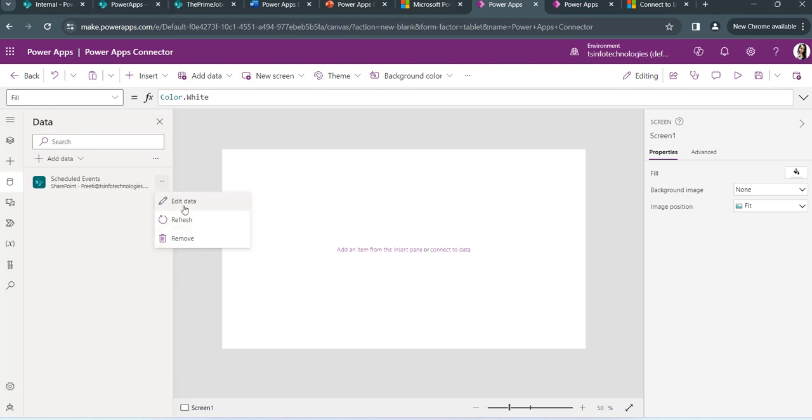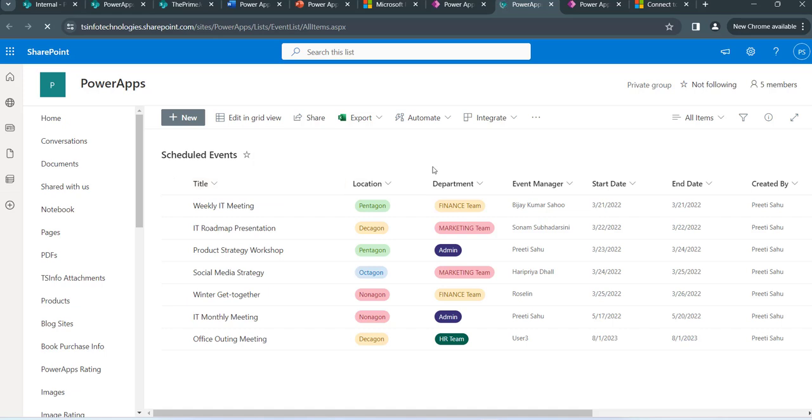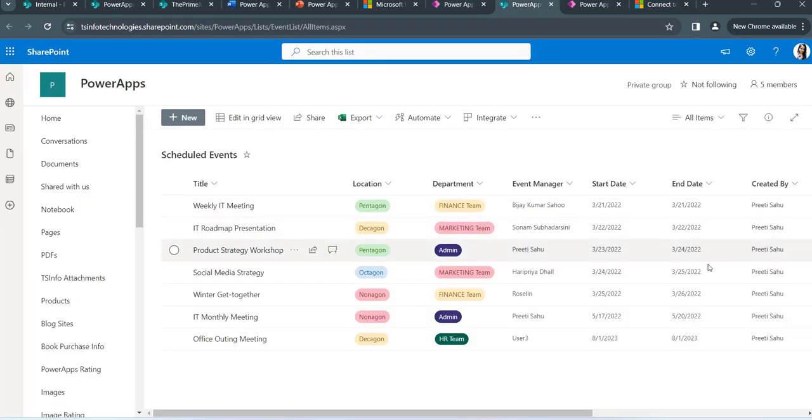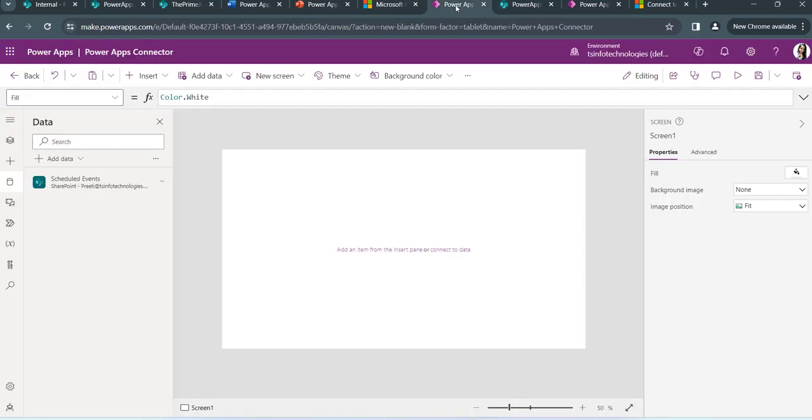So if you want to edit your SharePoint list data again, you can click on this, and you can see it will redirect directly to the SharePoint list. Again come here, and if you want to do some modification, you can do it and save it. And after that, once you modify your SharePoint list data, do not forget to click on this